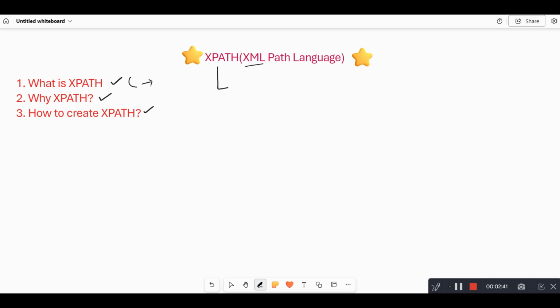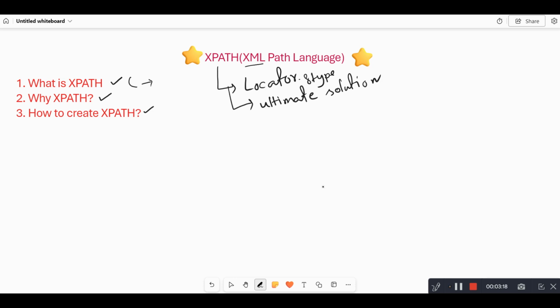Now XPath is another locator in Selenium, right? There are different types of locators. I have already created another video on this: what are the types of locators. There I have discussed that there are 8 types of locators, right? Among these 8 types of locators, XPath is one of the locators, and we also said that XPath is the ultimate solution over the other types. Let's see why we say it is an ultimate solution, right? We can say XPath is an ultimate solution,